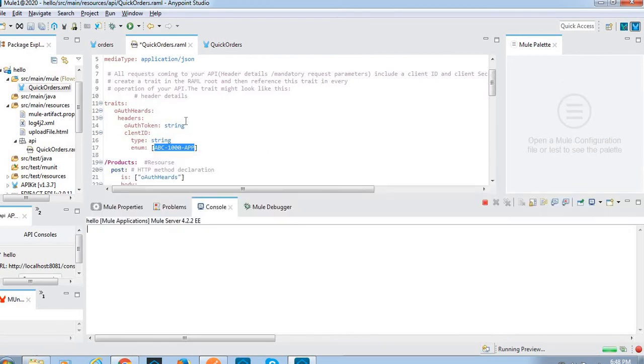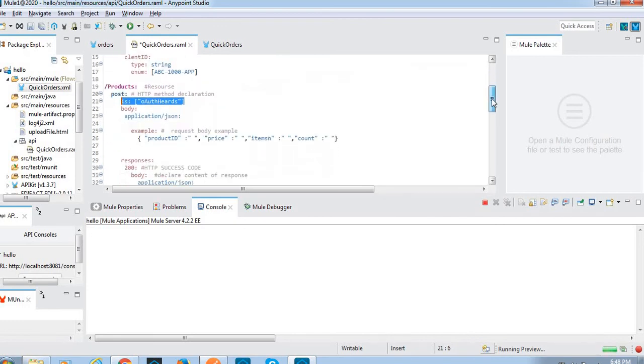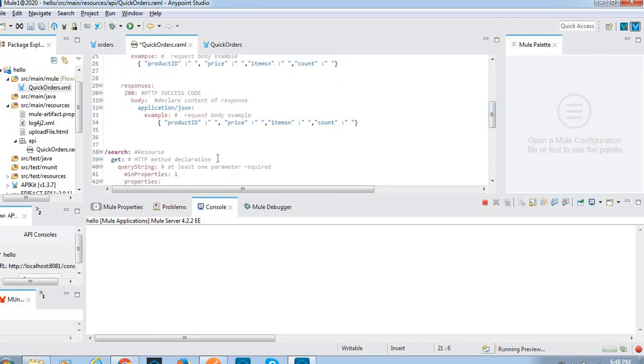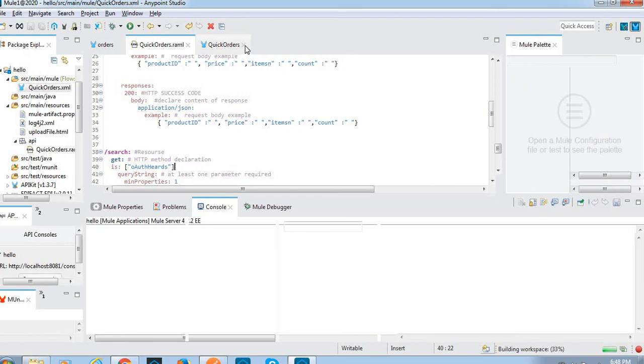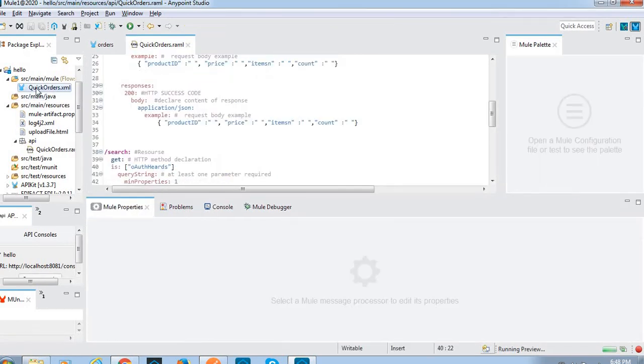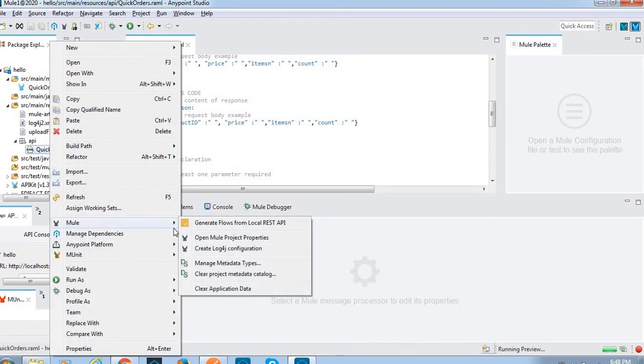See, this way we can enable the OAuth for search also. What we have to do is come here and enable the OAuth. Again we have to do Mule generate flows from local REST API.